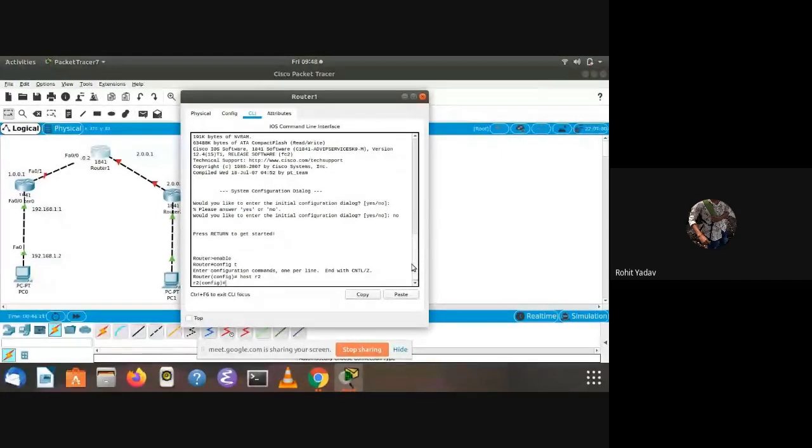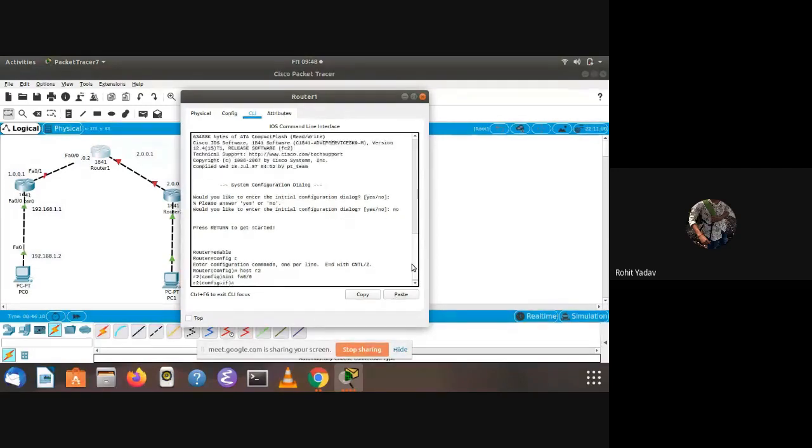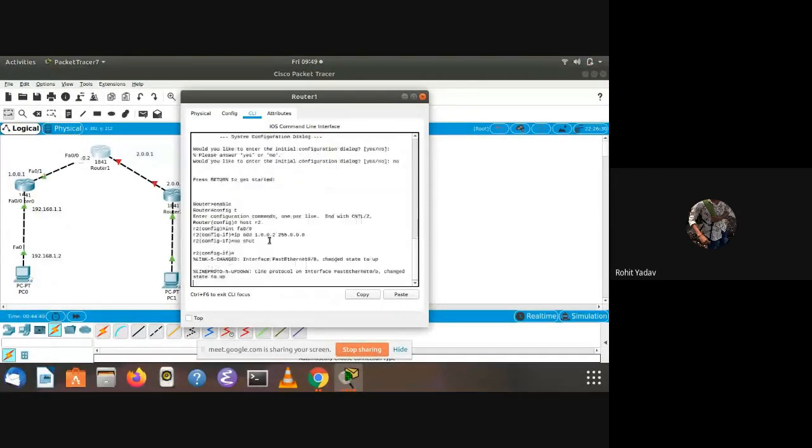Then we will assign the IP address on interface FA0/0: 1.0.0.2 with mask 255.0.0.0, and no shut. You can see the demonstration.